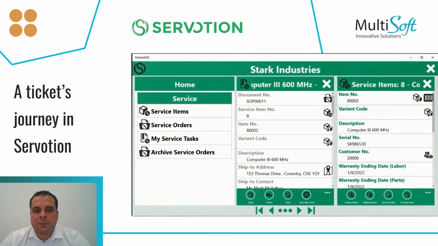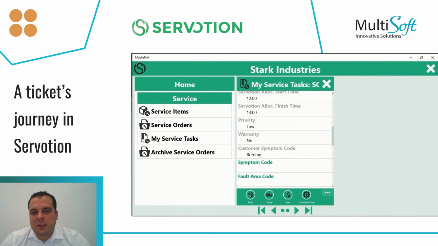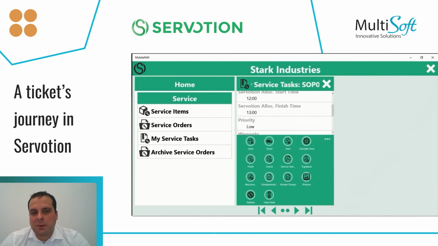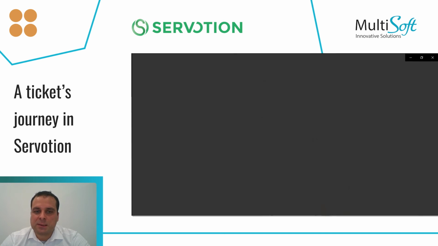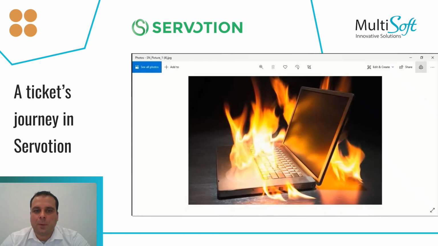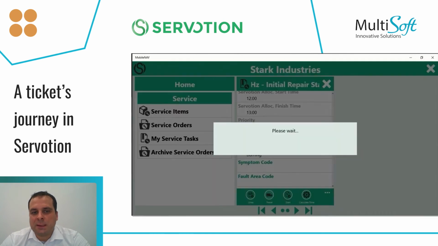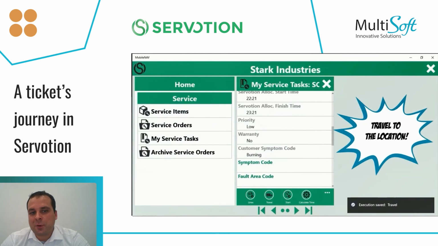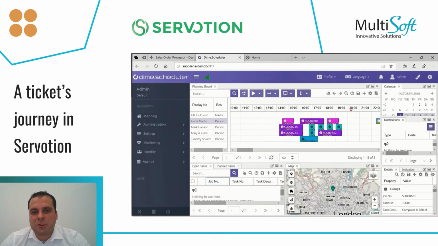If he scrolls down, he can see the allocation, the different codes, and if there is any picture, in this case, he can also check the picture that has been attached by us from the customer portal. Once he accepts the job, he can press the travel button, and once he does that, it will automatically go back to the graphical scheduler, and in the graphical scheduler, as you can see, it changed to orange,